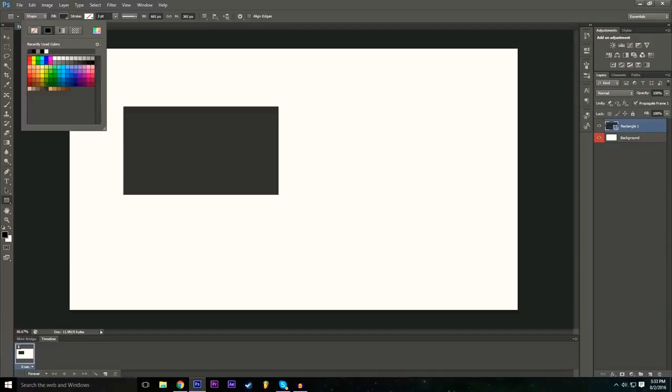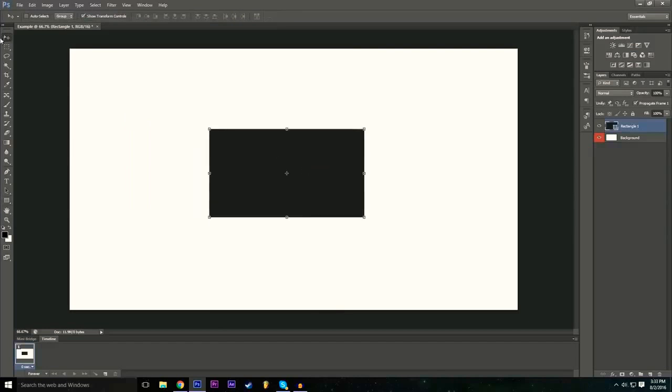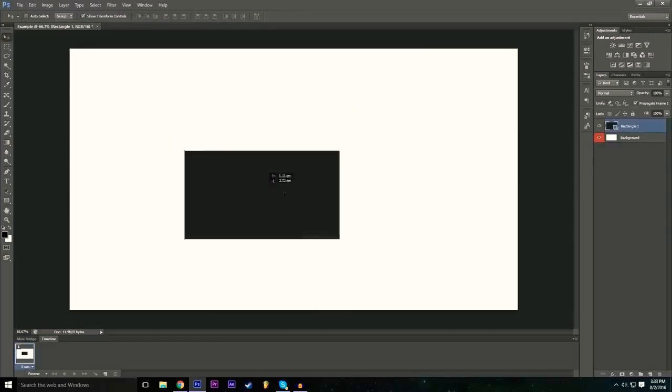Since the background is white, anything that isn't white is going to show. So let's just make this a dark gray color, I guess. That works. So now if we want to move the rectangle in the middle, of course, we can do that